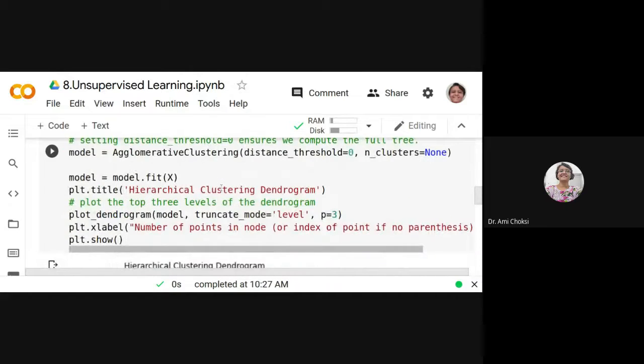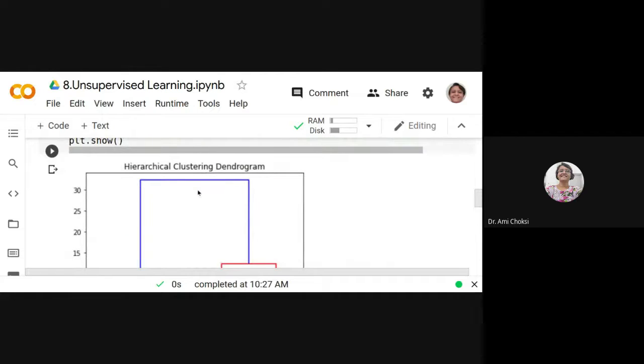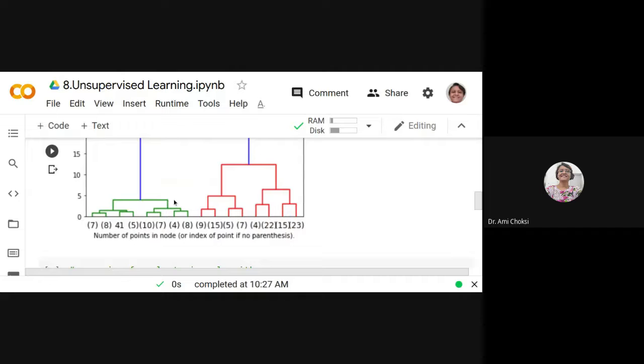Now, for agglomerative hierarchical clustering, typically we have the dendrogram. As I told you, first of all, let us say that we have the single data. Here, what next we are doing is drawing the dendrogram for the agglomerative clustering algorithm. For that, typically we have one data point in one cluster. We can see it over here, right?